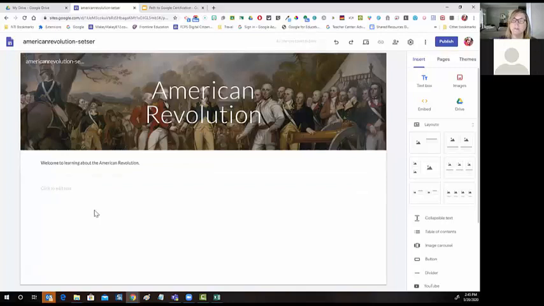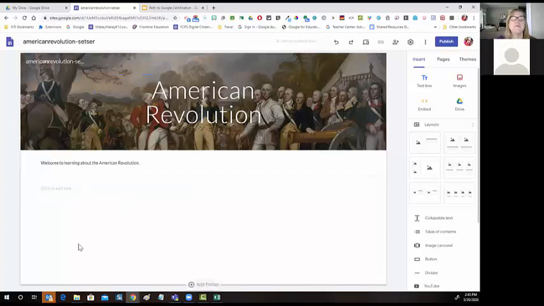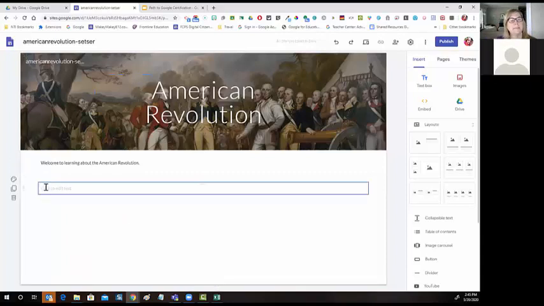So you have 2 options. You can bring the text box in through the sidebar. You can also bring the text box in through double clicking and bring out that little shortcut area to be able to access the text box. And you know that the text box is on the page because you can see here it now says click to edit text. So I could add something like